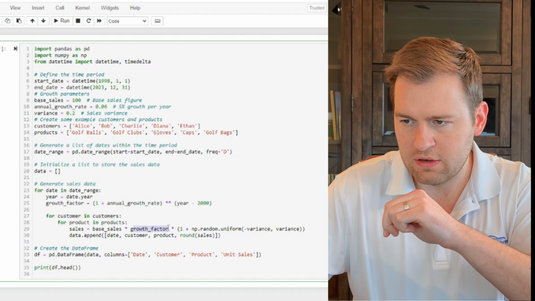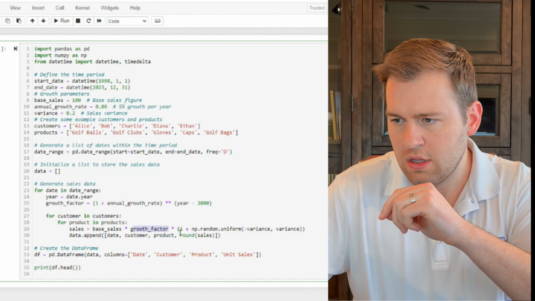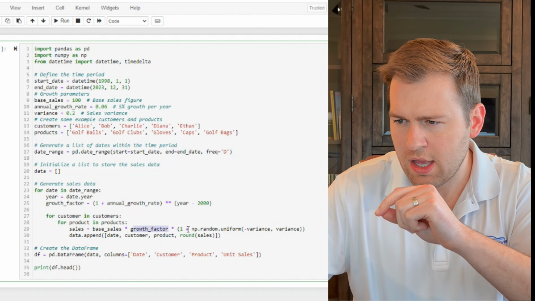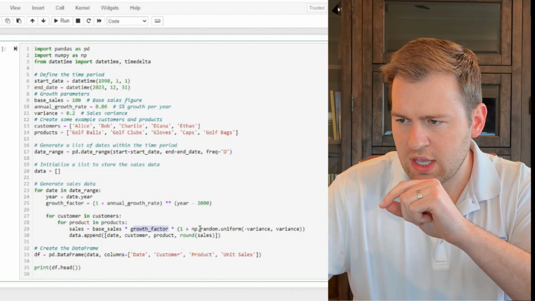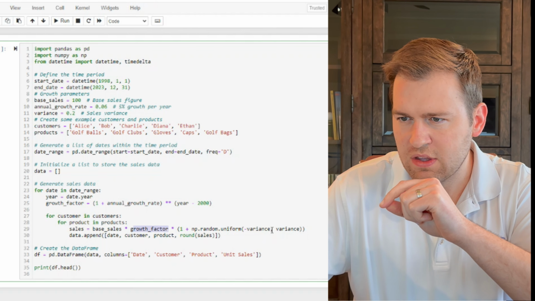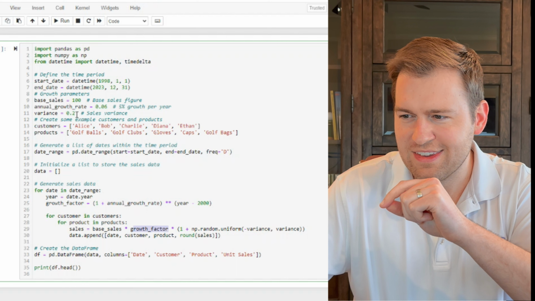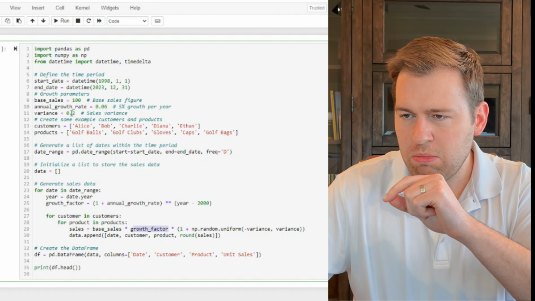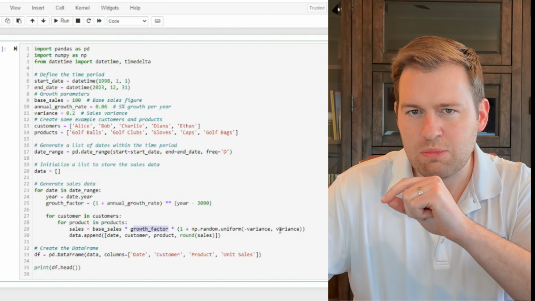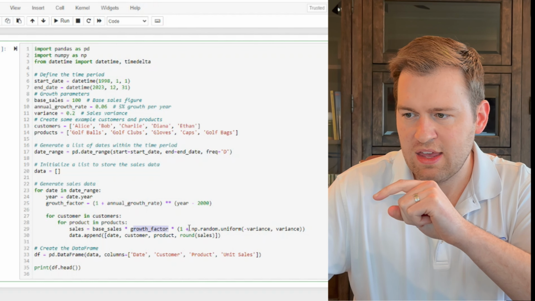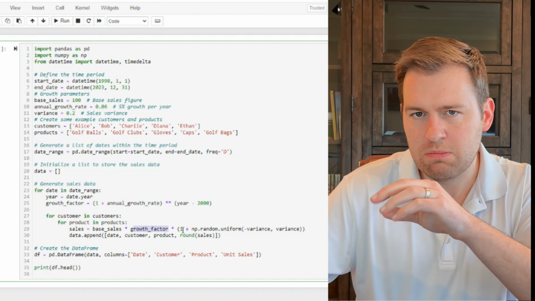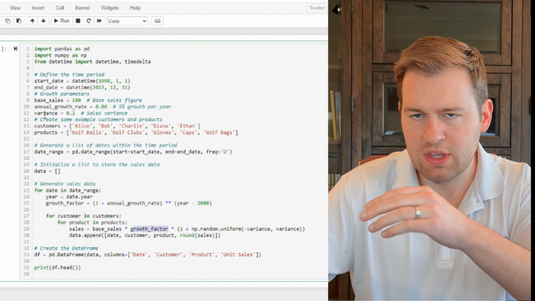multiplies by the growth factor, which depends on what year it is, and then multiplies that by 1 plus, and it's using a random uniform. Interesting. Now it's referencing a variance field here. Even variance is parameterized. Wow, really cool. So this can be as low as negative 0.2 and as high as 0.2. And then it's going to add that to 1. So really what it'll end up being is 0.8 to 1.2 if we keep the variance at 0.2